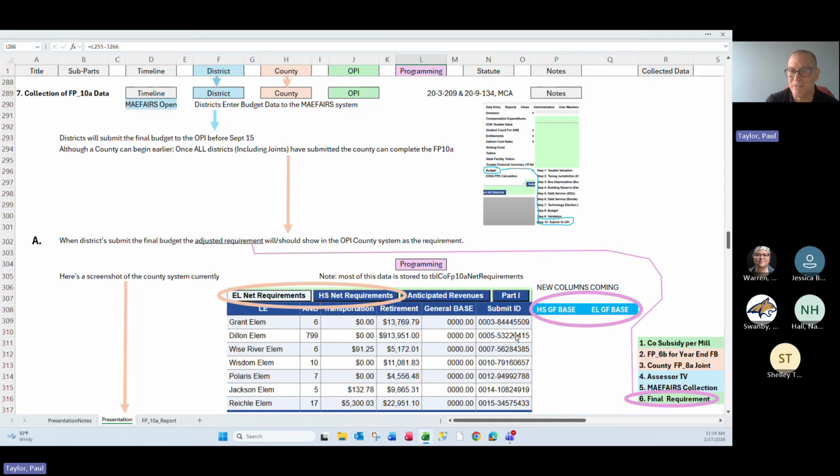That way we avoid settings in which the district calls us up and says, oh, I hit submit too early, I made a mistake, could you unsubmit me? We can do that. But if we do that and we don't tell the county and the county moves forward with the FP10A, we may have created a hiccup in everybody's world. We don't want that to happen. So the counties have to help the OPI, the districts have to help the county, and vice versa. Make sure we check on these submit ID numbers from the budgets that get sent to the county and that